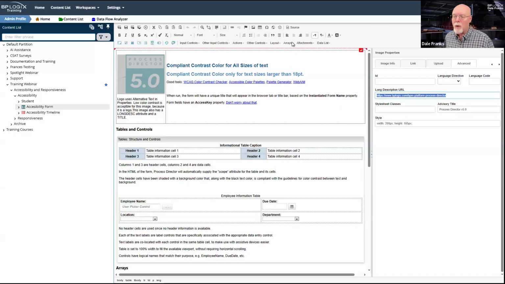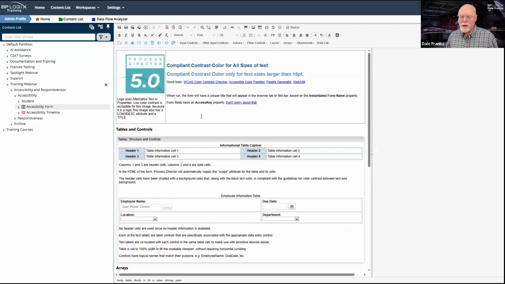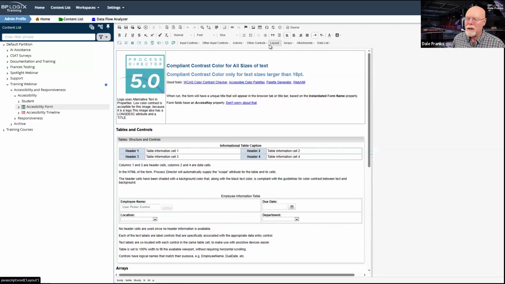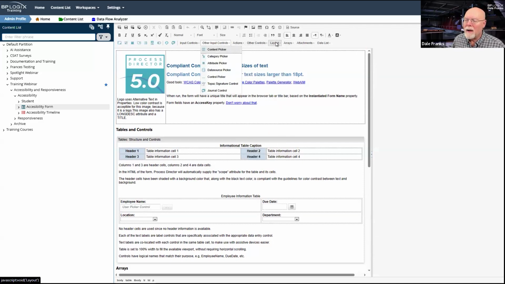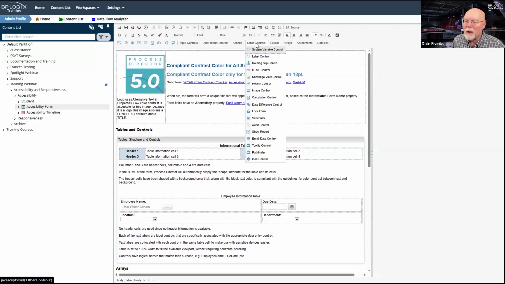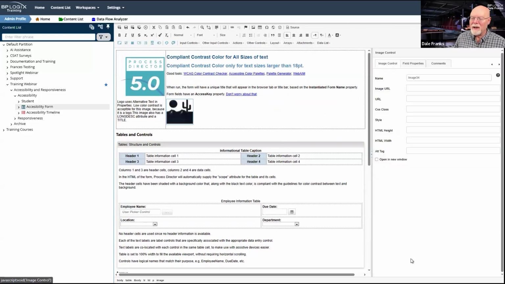Now, there is the regular Process Director image control, which I'm just going to slap in here. So we go to, and I forget where it is. I thought it was in other controls. There it is, right there. Why couldn't I find it? The image control.